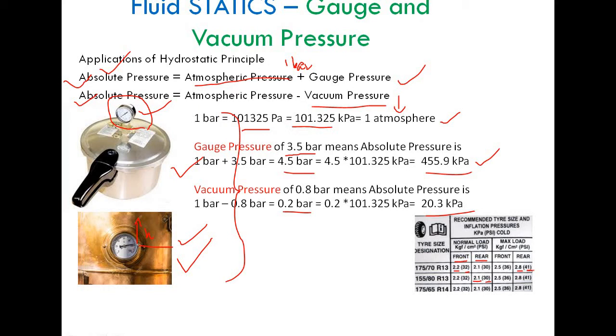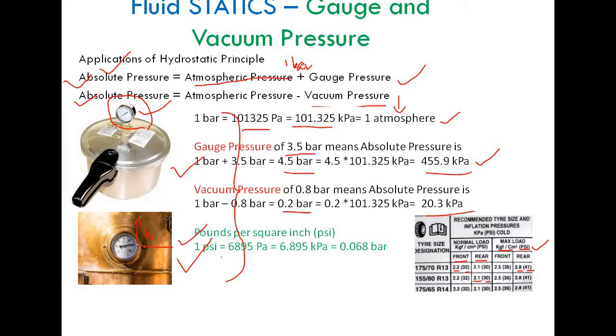So what does it represent? This 2.8 is another unit of pressure, that is kilogram force per centimeter square. Similarly this 41 is another unit of pressure, that is PSI. You see here PSI, kilogram force per centimeter square. PSI means pounds per square inch, that is written here. That is another unit of expressing pressure. Okay. Generally this PSI you can see in tire inflating stations and all.